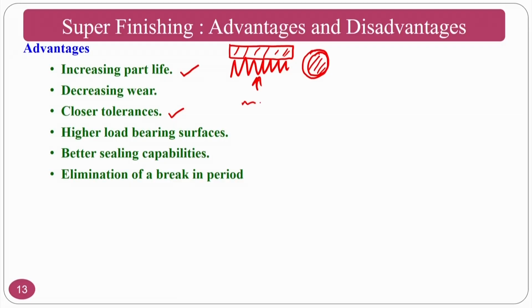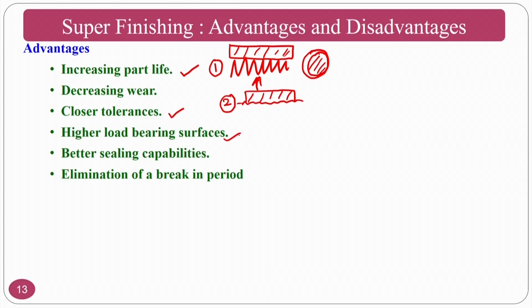If you see the surface is like this, on top of it if you put the same load, what will happen? The bearing surface is very high. In figure 1 the bearing surface is only the peaks. Here in figure 2 the bearing surface is very high for the same load. Okay. So, as the surface roughness decreases, more and more bearing area comes into existence to oppose the